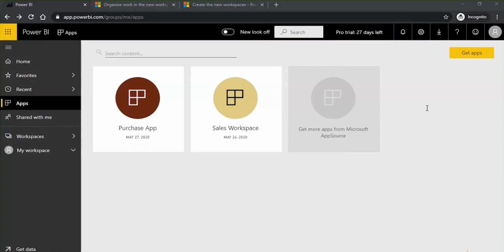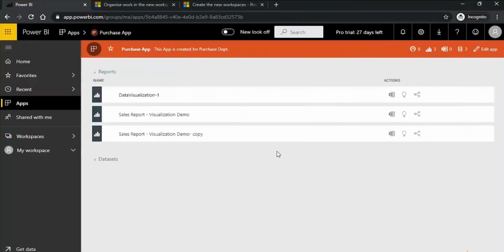Next question: I see the home page of the app will be what visualizations we created. Since there are 2 reports and 1 dataset shared, how will the home page look? See, that one dataset was appearing because one report was saved as a report. If you want to change the home page of the app, you need to change the way, because this is the default view of your app. If you want a different view, you can use the navigation pane. So you can update the app. Only an admin can edit this app. So click on edit app.